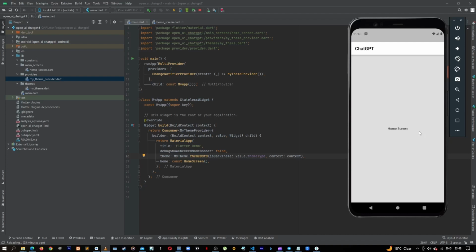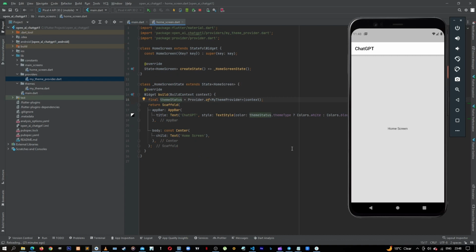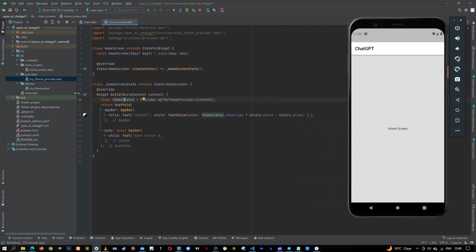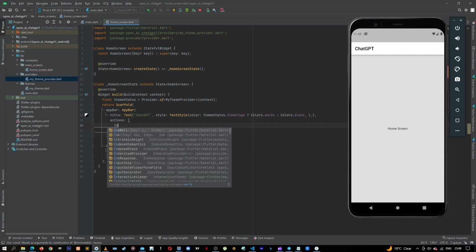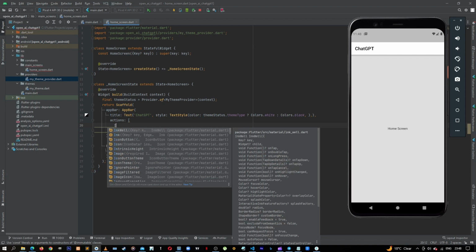Okay guys, so now let's create a method for the user to change the theme here. For that, let's come back to our home screen. Then right after this, let's move this a bit this side. So right after the title here, inside the app bar, we have a property called actions. So in the actions, let's create the first action, which will be our icon button